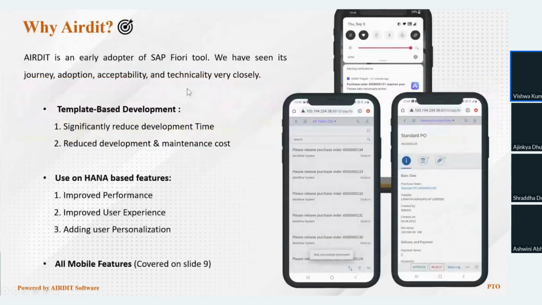So now we have to talk about, let's say there are so many players in the market as of now who are doing Fiori applications. So why do you have to switch to AIRDIT as your next generation partner? Today, if you are planning to go to S4HANA, or if you have already moved to S4HANA, this is the time that you have to take a decision